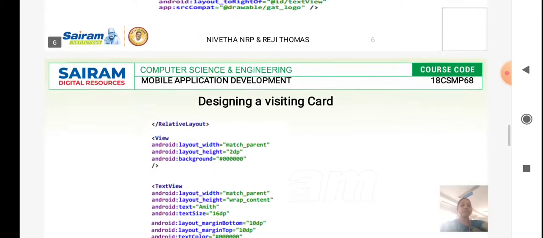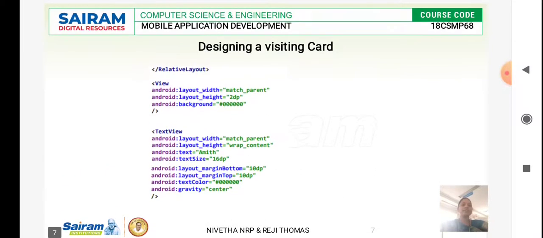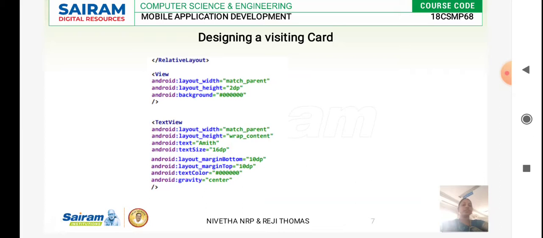Then coming to the next layout, how do we give the layout? Followed by that we have a line, which is differentiating our company name and the name of the employer. For that again we are going to the relative view mode, and we are going to specify the width, the height, and what is the background of it, everything in the view. Again next we are going to give the text view. So what is the company name over there, all those specifications we are altering as per our requirement.